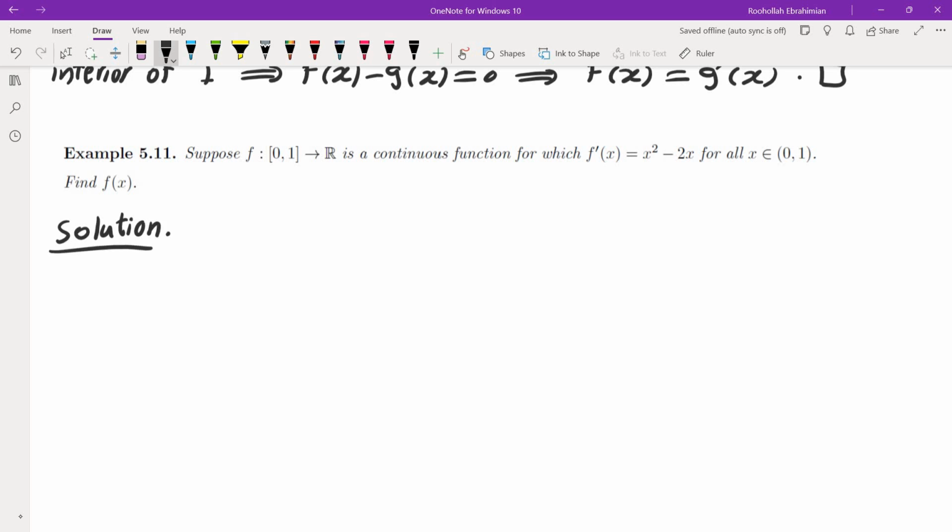Suppose f is a continuous function for which f prime is equal to x squared minus 2x for all x between 0 and 1. Find f of x. So consider this other function. Consider g from [0, 1] to R given by,